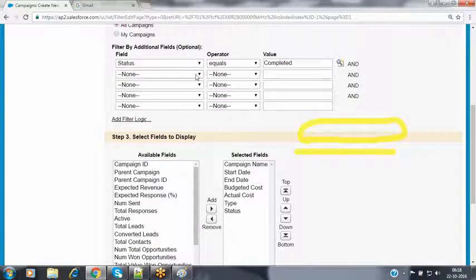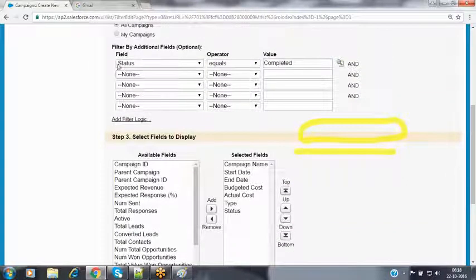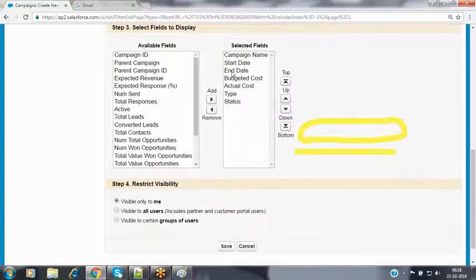In the same way, we can add multiple conditions over here, and based on that, we can filter those records. Once we have identified the records whose status value is equal to completed, I want to show those records. While displaying them, you can customize which columns and fields you want to show in the table.